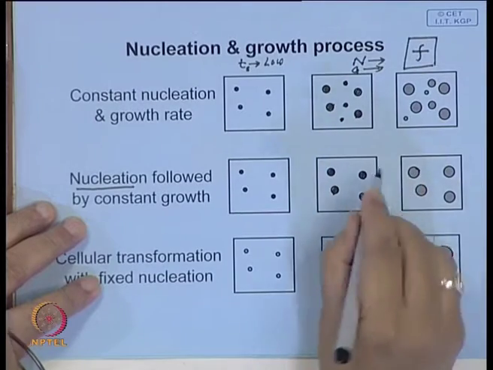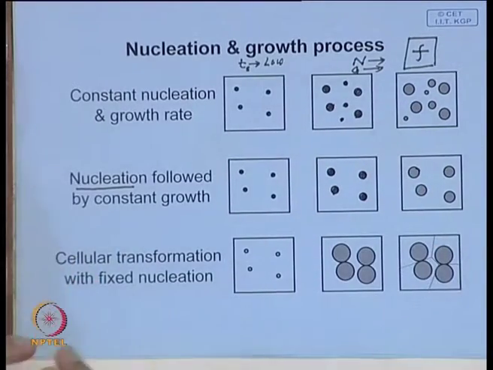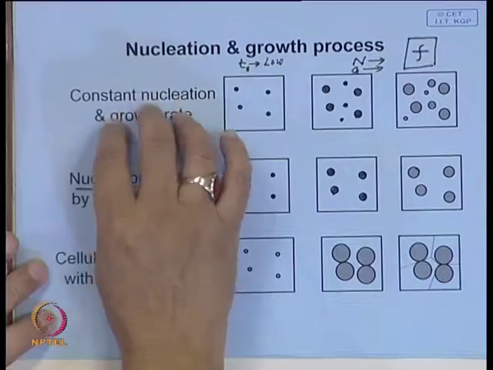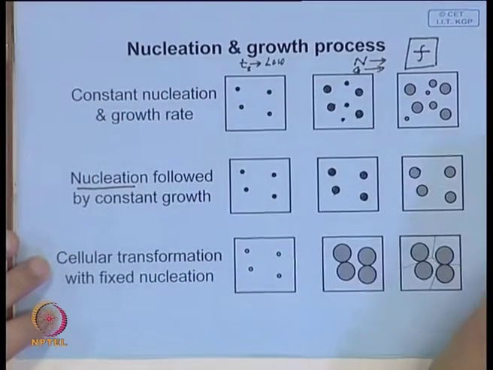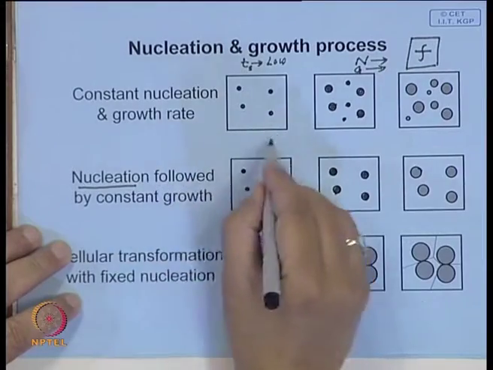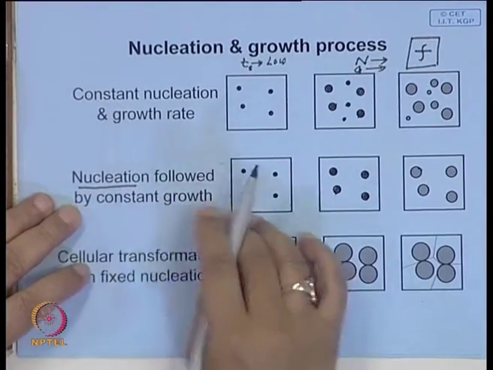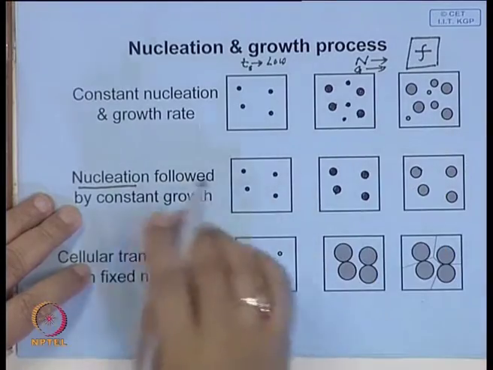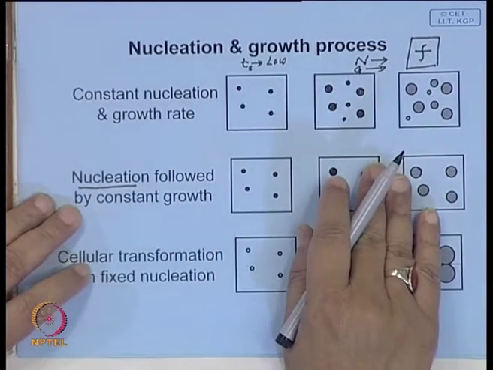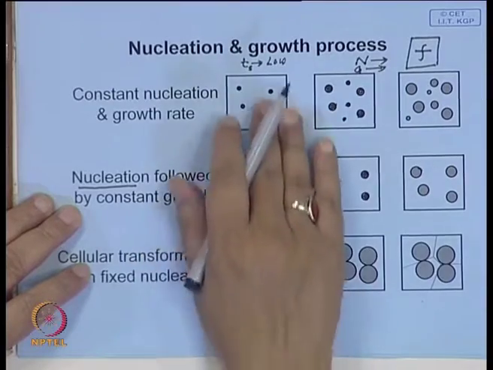So, to understand any such transformation process, we make certain assumptions about how this is taking place, and then derive an expression which can be connected to some of the parameters which can be measured. If they match, then we know. If you make one assumption, you get one expression from the derivation, and if you make another assumption, you will get another relationship for fraction transformed with the temperature and time, and then you have to match which one